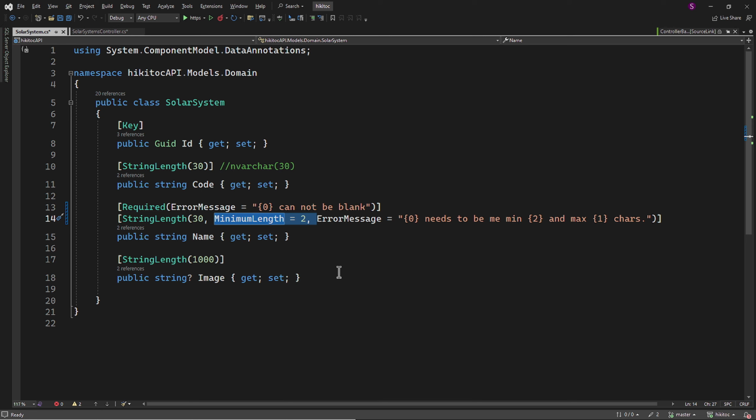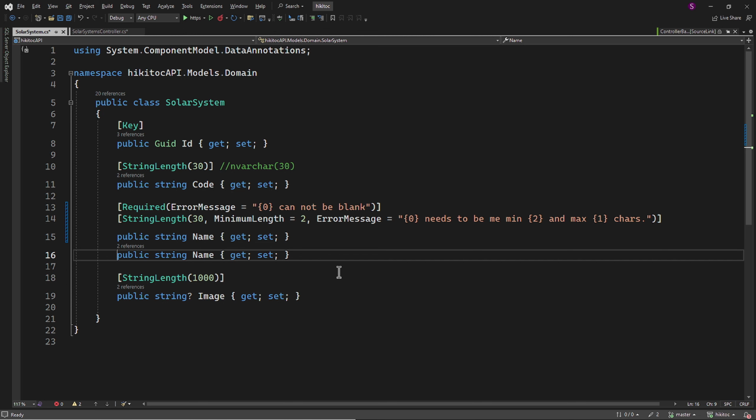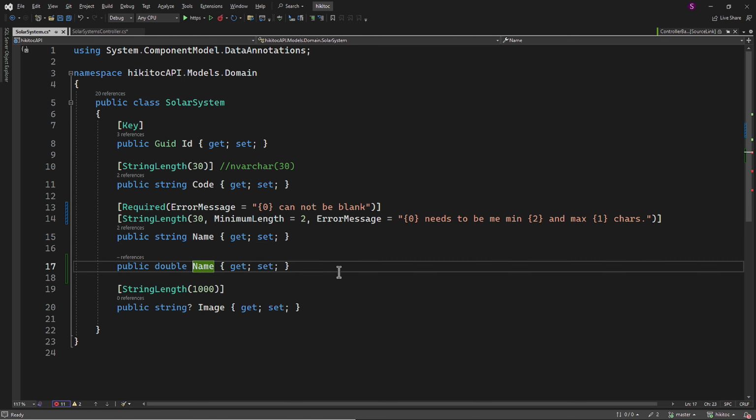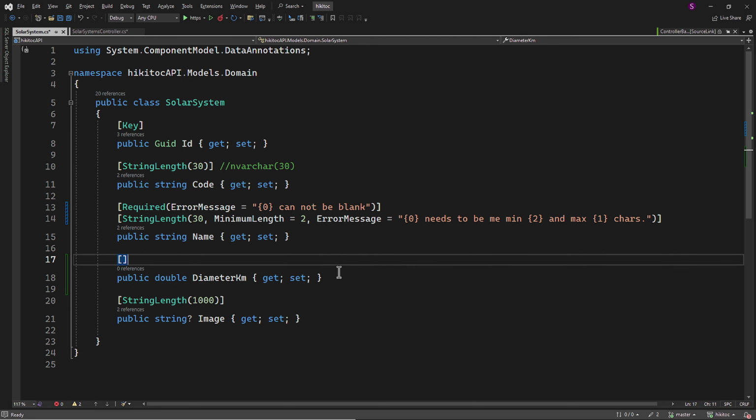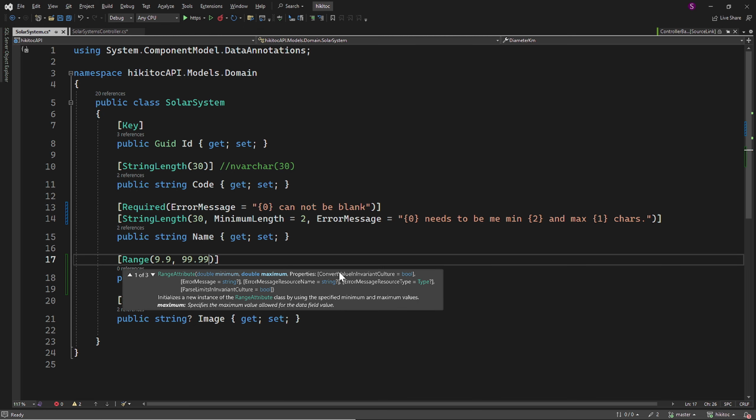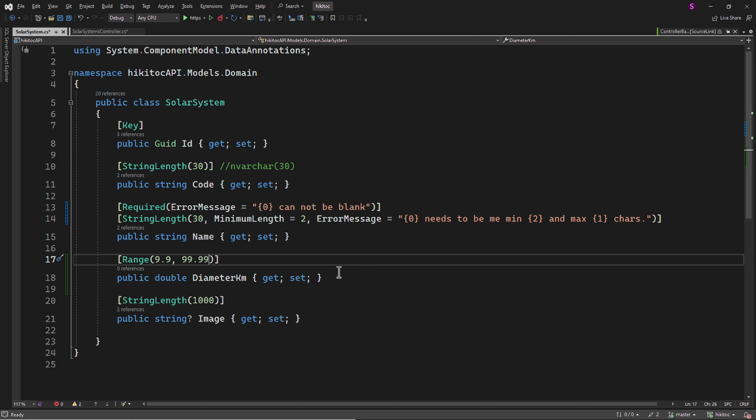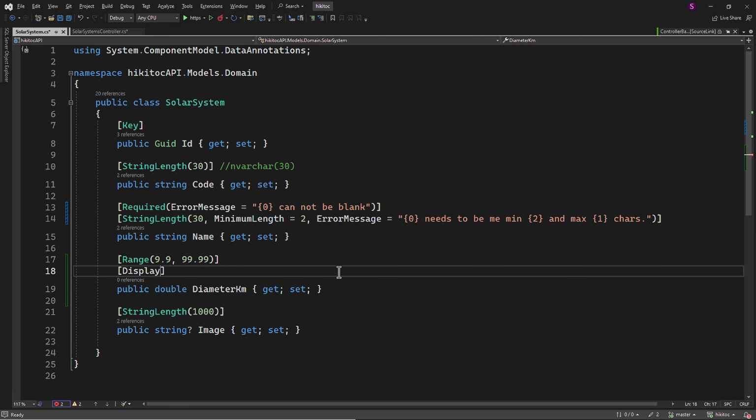Instead, at the end of the lesson, we will execute all properties as a single batch. For the next example, let's introduce an additional property named diameter km, set as a double type. We can apply the range attribute to restrict numeric values. In this case, the range should not be less than 9.9 and not exceed 99.99. Additionally, we will use the display attribute to enhance the visual representation of the property name, separating diameter and